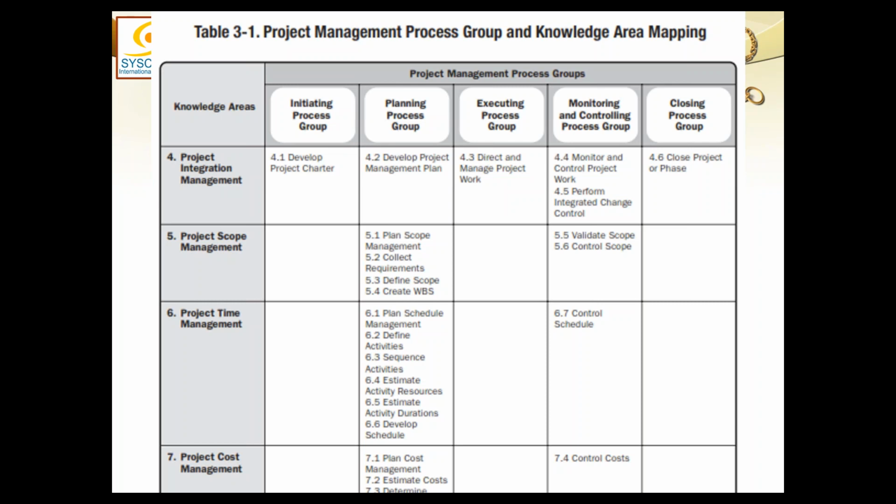So from planning, there are two main things coming out. One is the project management plan and the other is the project documents. Project documents are put into an archive which can be referred to during execution and monitoring and control. But the project management plan, which includes all the 11 management plans and the 3 baselines, is responsible for the execution. This is exactly how the project will be executed.